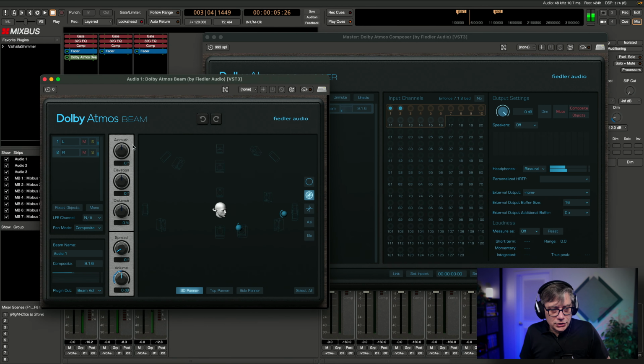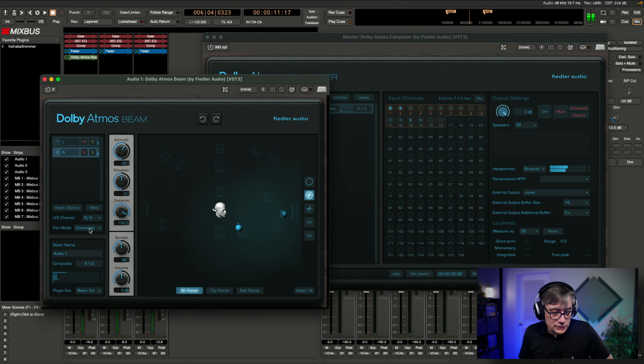And I can now change the position of these objects and what that will essentially do, so let's select one here, it will essentially send the appropriate audio into the individual bed channels. So let's, for example, change the size of those objects. And let's reset that. Let's set objects to 9.1.6. So I can change the spread, and that will essentially send more audio into the surrounding channels of the Dolby Atmos bed. And I can also turn that into an object.